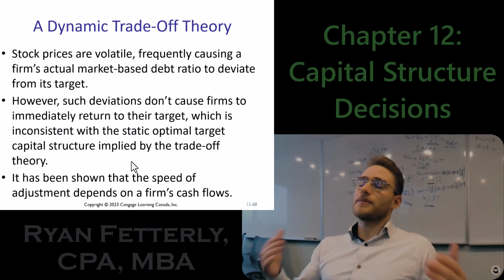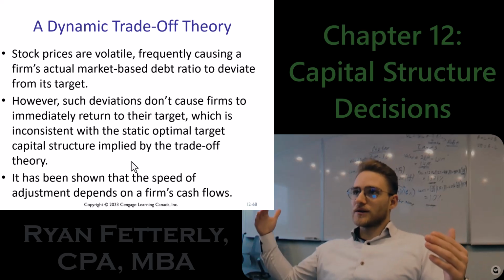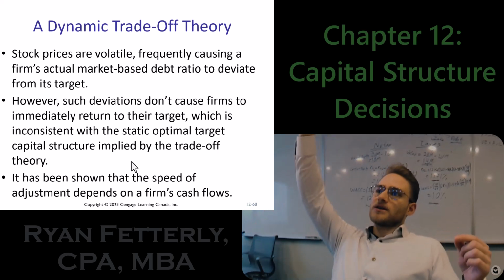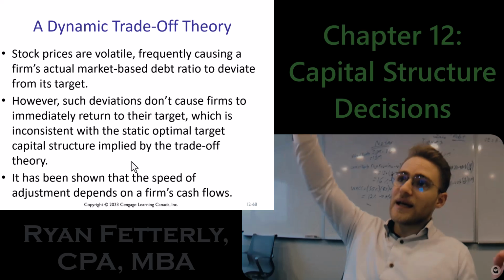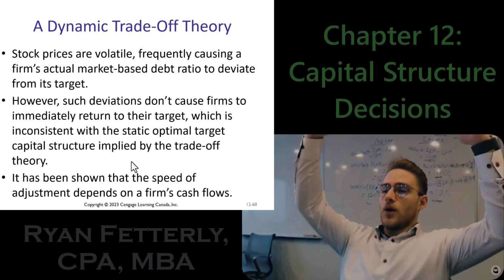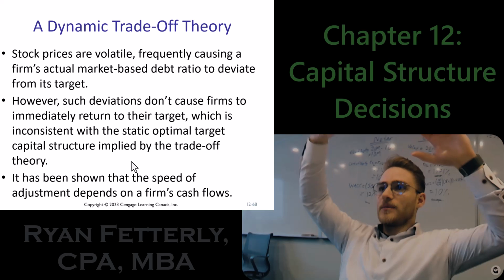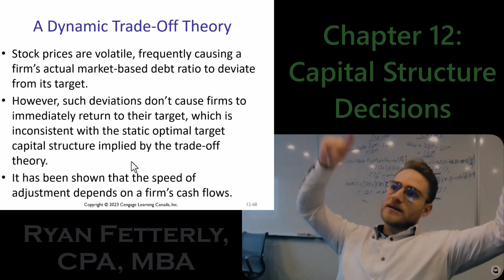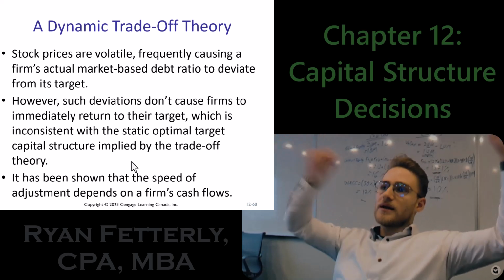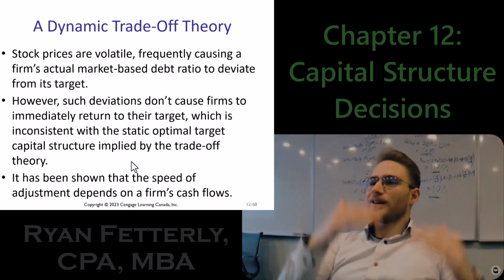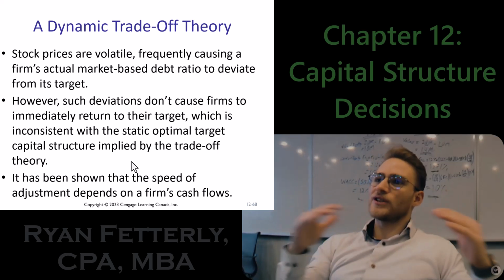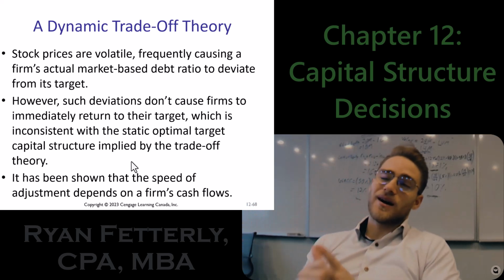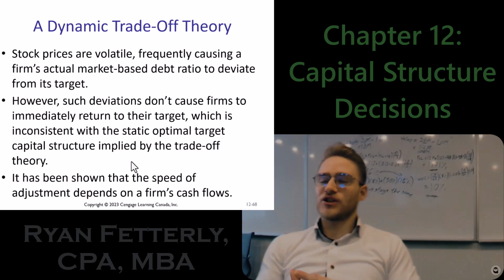But this is going to change, right? Because we know those weightings are based on market values. So based on NVIDIA's valuation right now, their stock price is at an all-time high. That is really increasing their weighting towards equity financing, right? Because the weighted average cost of capital is based on fair market value, because of the valuation of the stock market, right? Because it's so volatile, your target capital structure is just a baseline. Your actual capital structure is going to be all over the place because